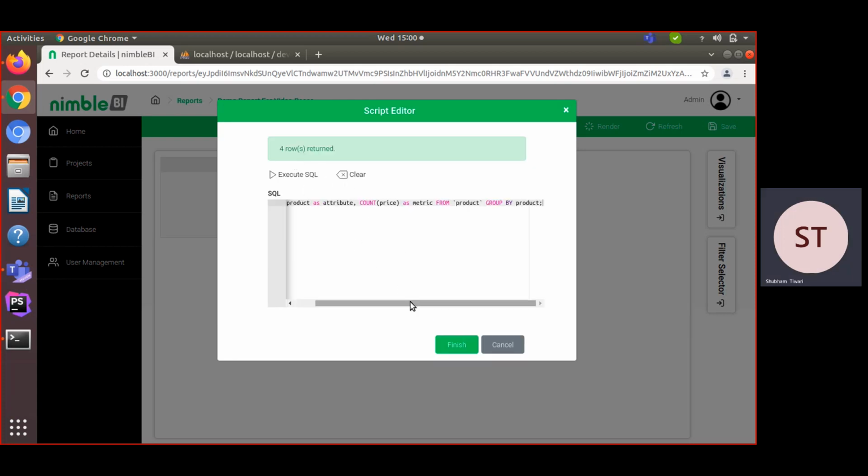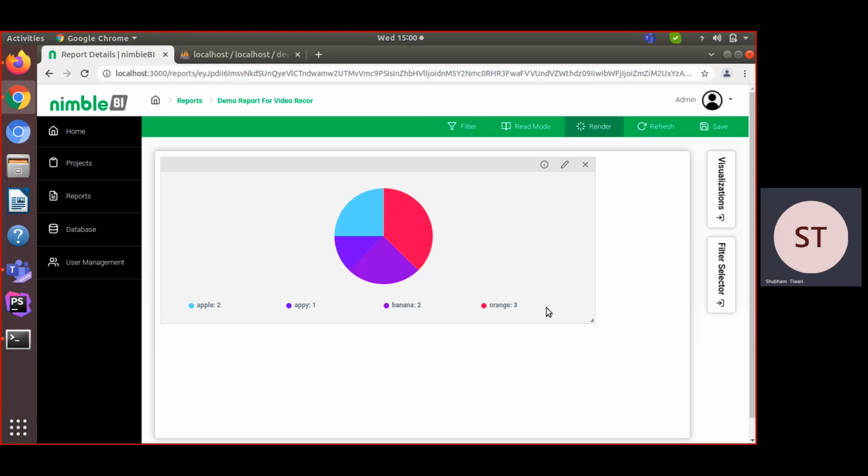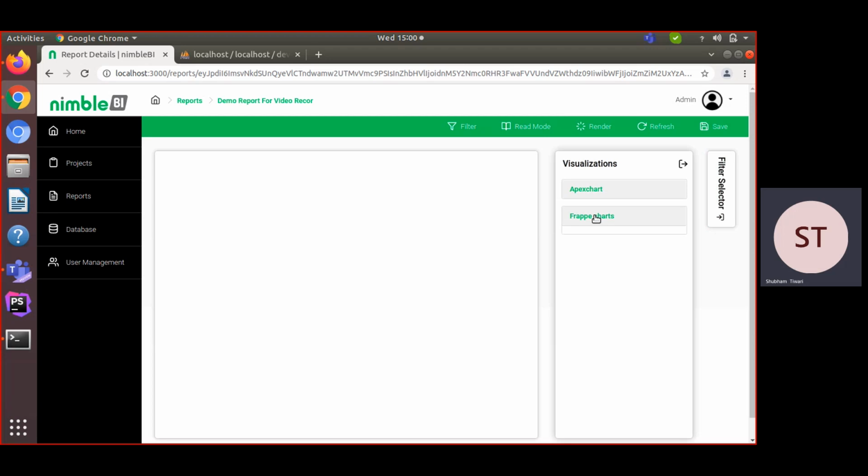It's a valid SQL query. Then click on finish, click on render. Click on render again, so you can see it's also working. So now you can directly remove it. Okay, and I think our last visualization is donut.